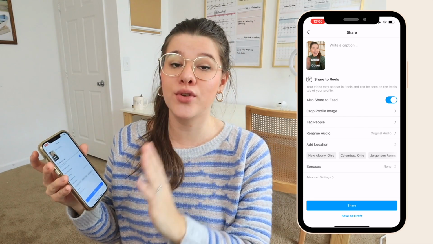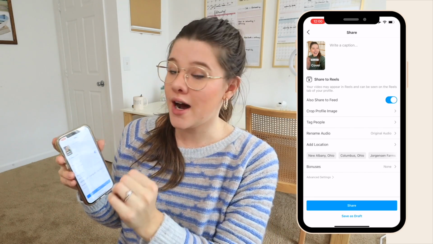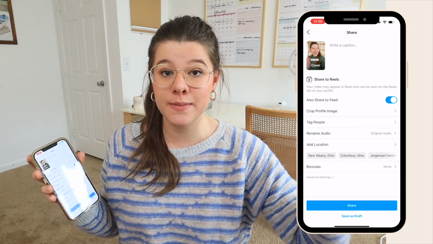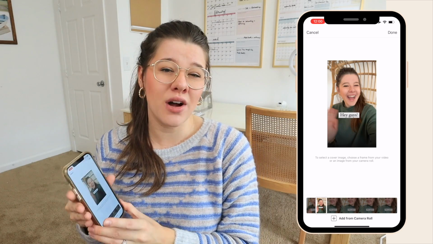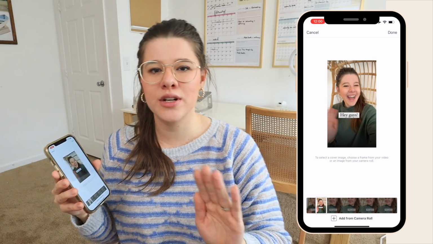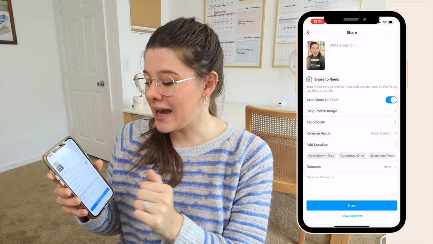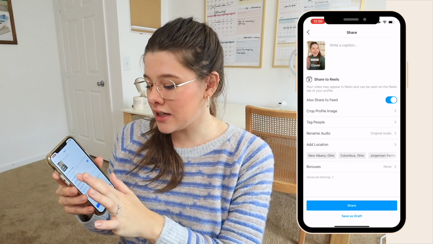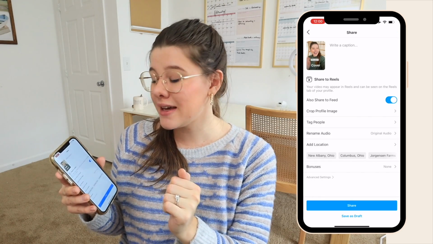And I wanna mention that before you do that, the one thing I always double check is that here where it says cover, it has the cover photo that I want to be showing, okay? So when we are adding our cover photo, sometimes it might take a while to load and it's kind of grayed out or transparent. You wanna make sure that it's fully there before you hit done, and that you literally just double check and make sure the profile image is exactly where you want it to be, because